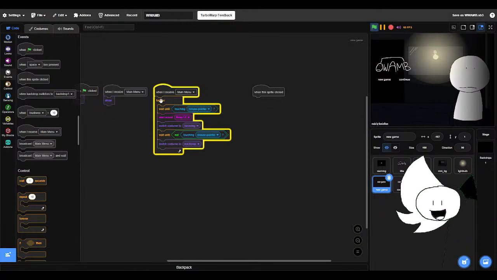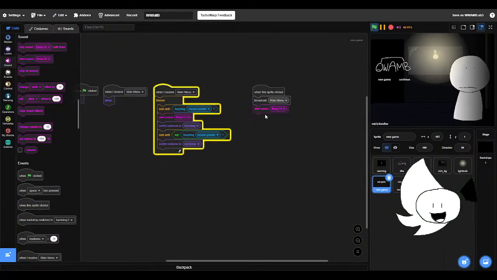When the sprite is clicked, I'm not gonna broadcast anything, but just pretend that this is the new game button, kind of like the new game function. But once you do that, it'll have the new game start sound